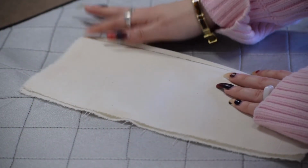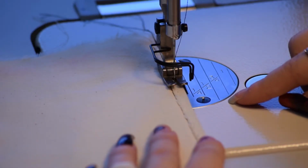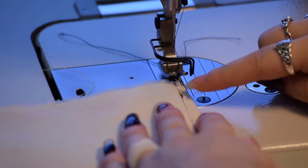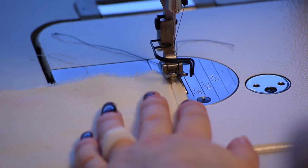Now we're going to stitch along this seam allowance, holding that fold in place. I'm going to follow that line. You can use a section of your arms. So now I'm going to place my seam allowance under my presser foot, making sure that my needle